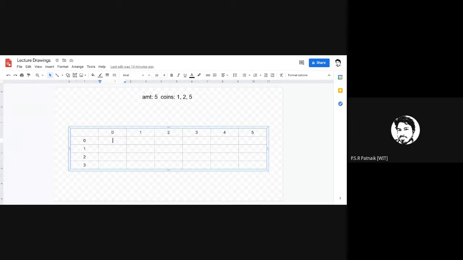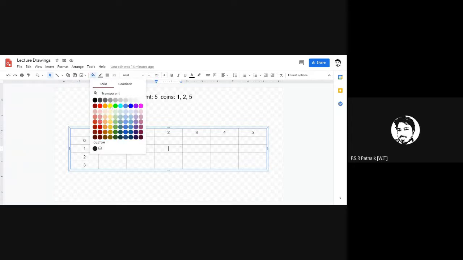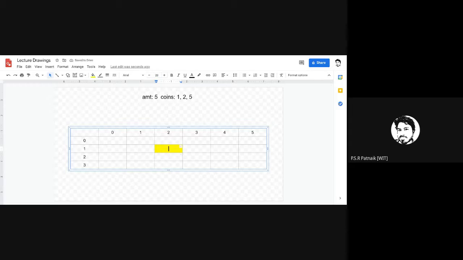Now let us understand the meaning of this block. For example, if I consider this highlighted cell, what is the amount here? 2. And what is the coin value here? 1. It means in how many ways I can realize an amount of value 2 by using coins from 0 to 1.